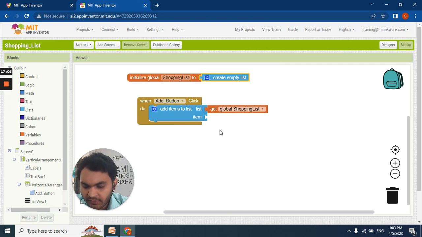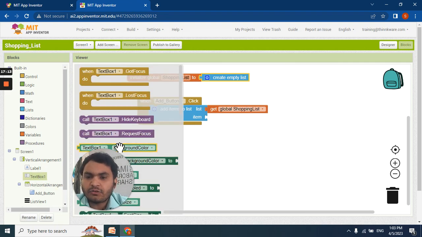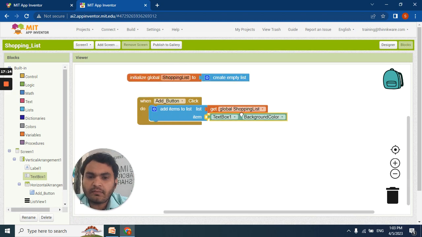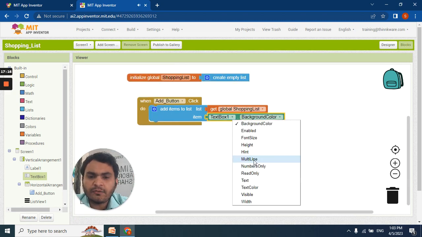Now what we need to do is add items. We'll be adding all the list in the text box, so we'll go to text box and choose a block, text box, and inside the text box we'll be writing text.